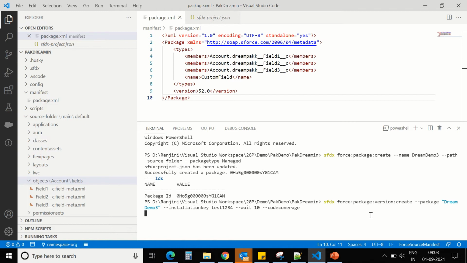It will get created after some time. Okay, you can see the request is in progress, and the status is initializing.